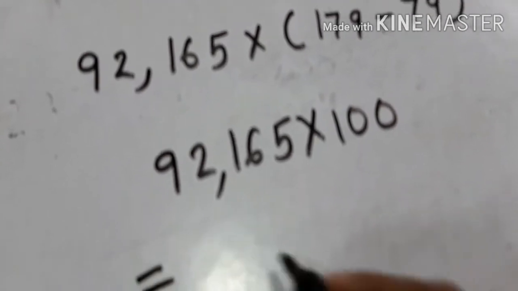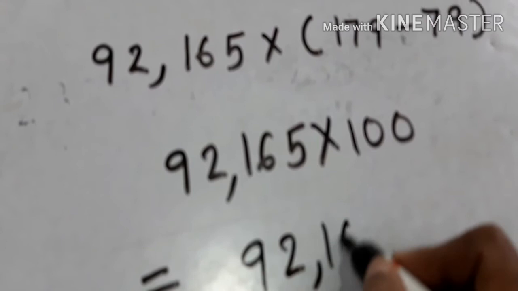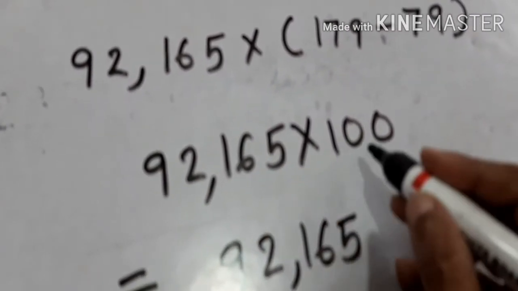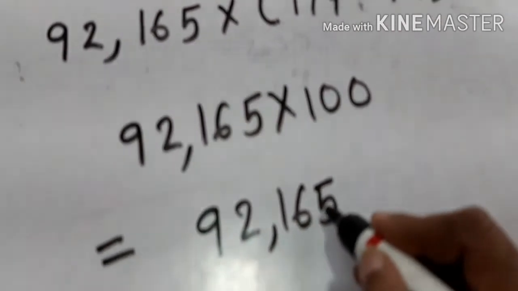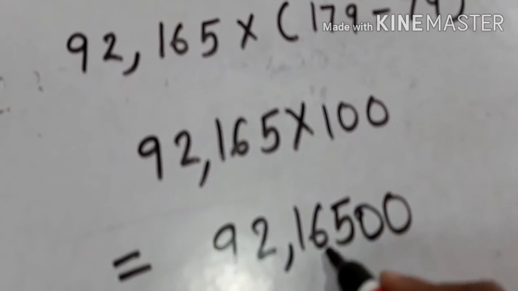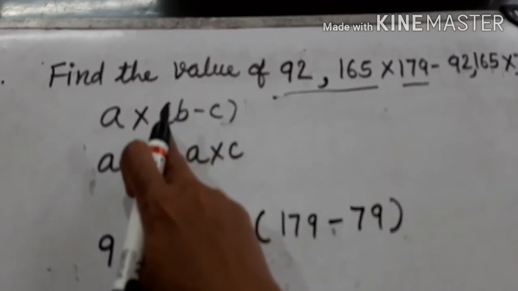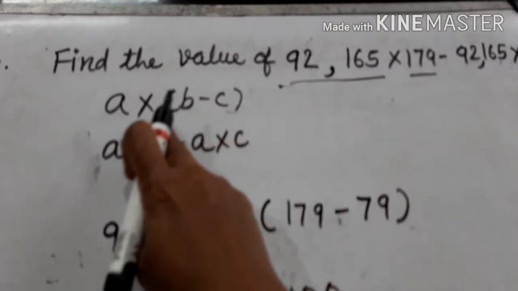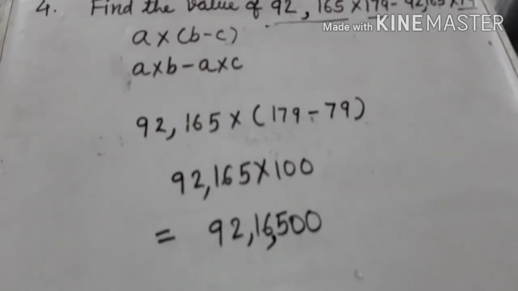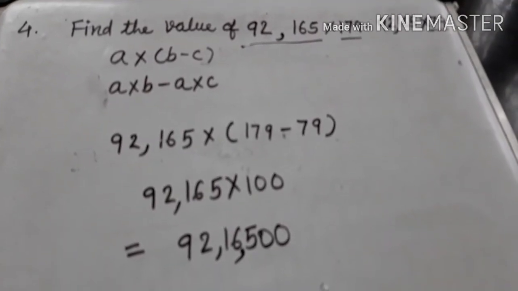So multiplication with 100 is easy. Write down the multiplicand, meaning the number we are multiplying, this number is the multiplicand, and write the zeros it has to the right side of the number. So this is your answer. So we have applied the distributive property of multiplication over subtraction. You can solve this sum with practice, it will come with practice and you will be able to do it nicely.